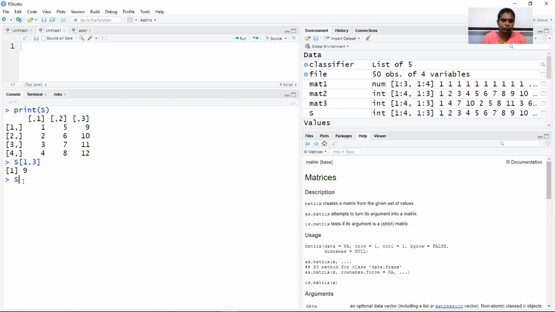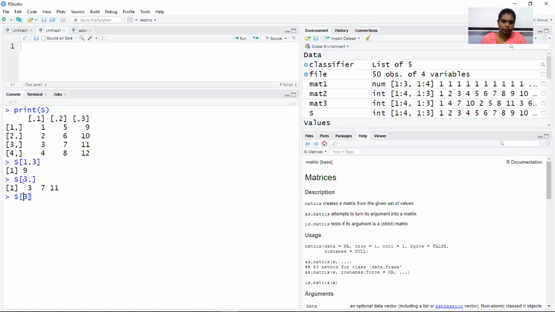So how do I do it? I'm saying S of and I'm mentioning the row, for example, third row. But I have not mentioned any column. If I have not mentioned any column, what happens is it will pick the entire row and display the values. So I can see 3, 7, 1. These values are there in my third row.